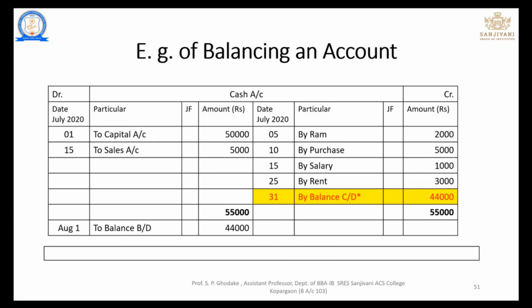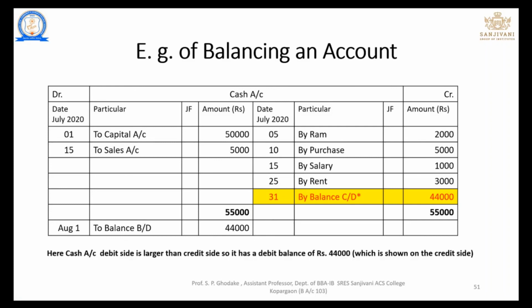Now, with the help of balancing of an account, we have balanced the account. Here the cash account debit side is larger than the credit side, so it has a debit balance of rupees 44,000, which is shown on the credit side. Then moving towards the next point, that is